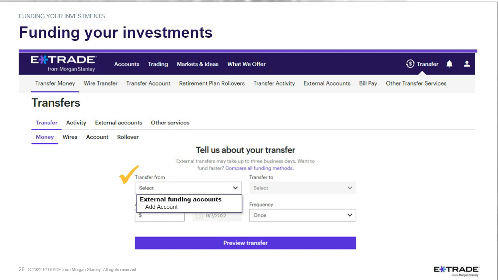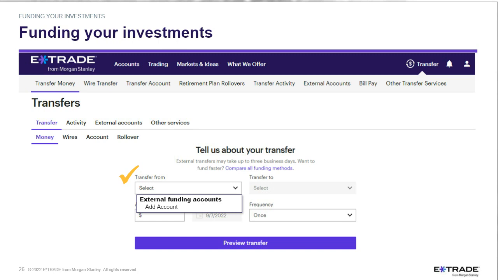So you set up your bank account, and then any brokerage accounts that you also have will be in here, and they will all be in the Transfer To menu as well, so that you can move money back and forth very efficiently. Now, as I mentioned, an ACH transfer does take a couple of days for the money to move. Verifying your bank account can take a couple of days too. So the initial funding, start it on a Monday and expect that it's probably done by Friday. Okay, and once the money's secure, then you're ready to go invest.